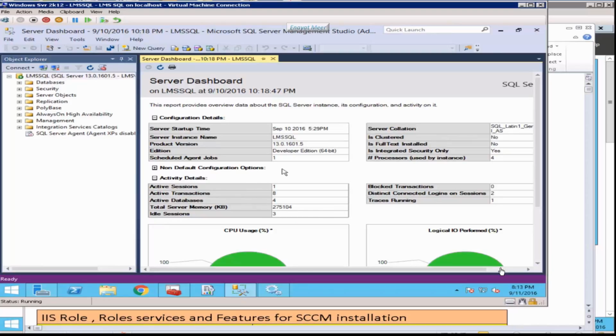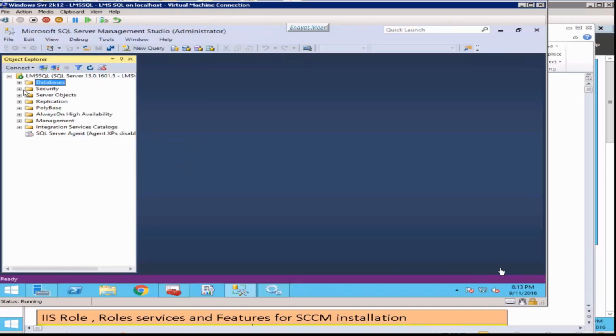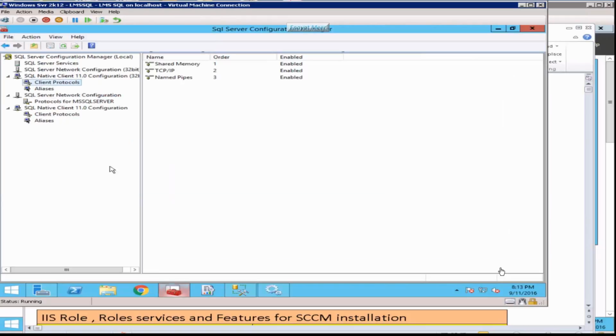You can look at the version of the SQL, the host name of the SQL, and the databases you have currently configured. If you install SQL Server and the reporting server with it and don't configure your reporting database, you won't be able to see the reporting database and the temp database at this time.